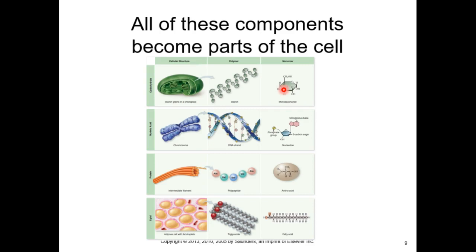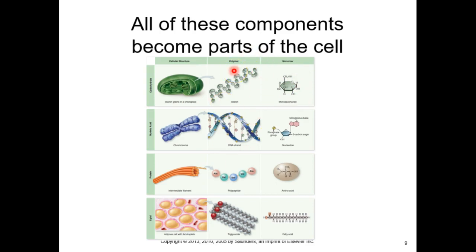Okay, what's your question? You said a polymer turns into a monomer and then the monomer goes to build into the components of the cell? Exactly. So we're going to go from a polymer that you ate, break it down into a monomer so it can cross the digestive epithelium. Then it's transported to your cells, and they metabolize them and build them into new polymers. Like you had a Lego castle, you broke it down, and you turned it into a Lego X-Wing instead. Does that work for everyone? Okay. So that's our general terminology again, polymers versus monomers.